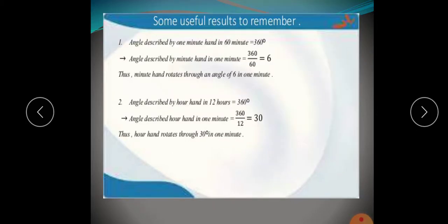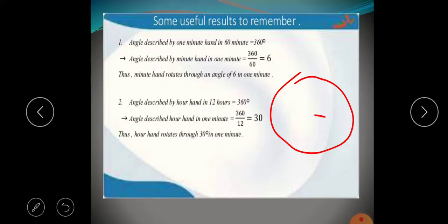Now, what is the angle subtended by a minute hand in 1 minute? If you see the circle, the minute hand is longer than the hour hand. How many minutes has it taken? Suppose the minute hand is at 3 and has passed to 4. Then 3 to 4 is 5 minutes, which is 300 seconds. So what is the angle subtended by the minute hand? As we know the total angle is 360, 360 by 60 is 6 degrees.